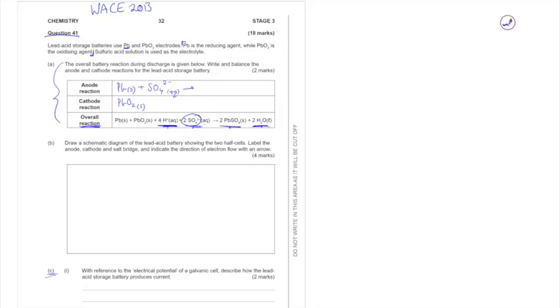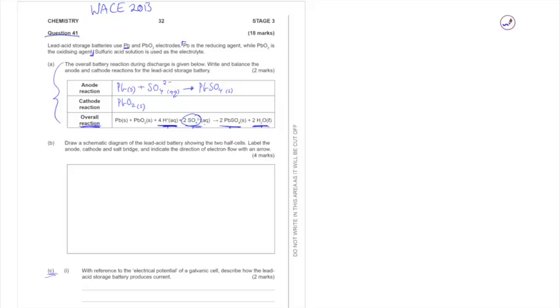So now all I need to do is write the products on the right-hand side. And that would be my lead sulfate, and that'll be a solid. And well, what's going to be left over? Well, I need to ensure, as always, that just like any math sort of equation, these chemical equations need to